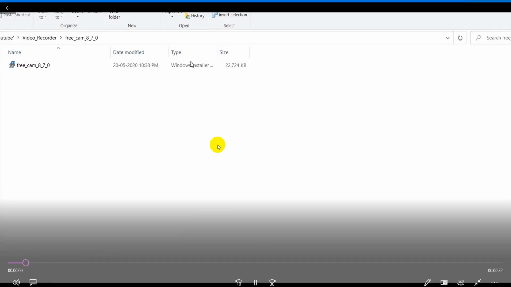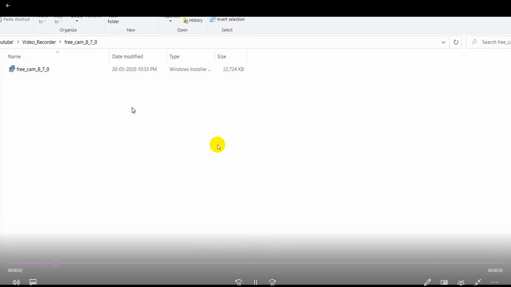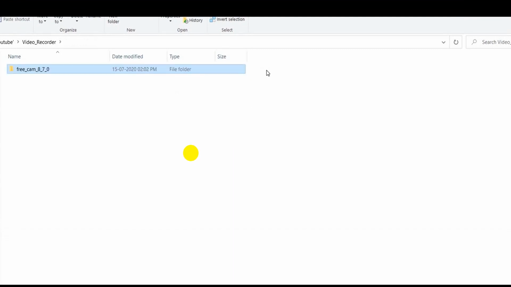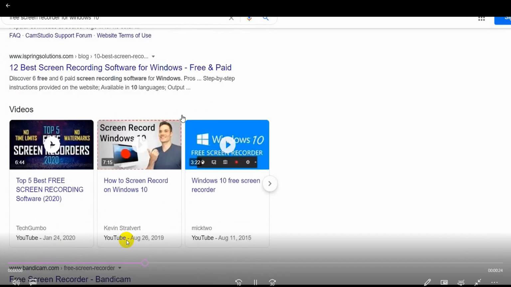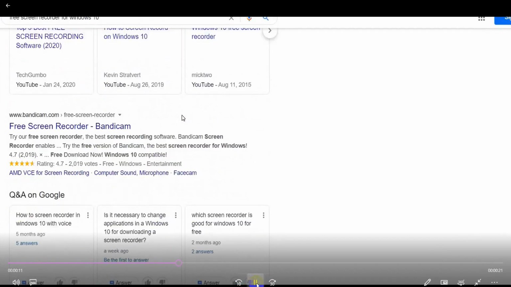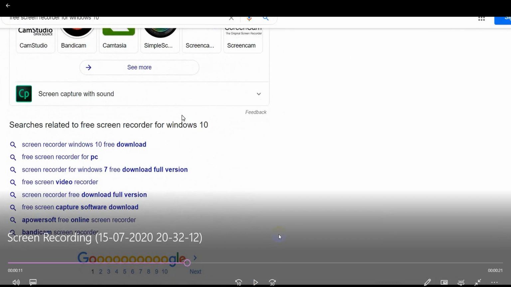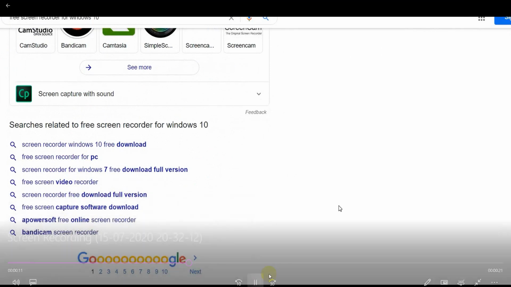Okay, the selected area has been recorded and it's showing that portion only.